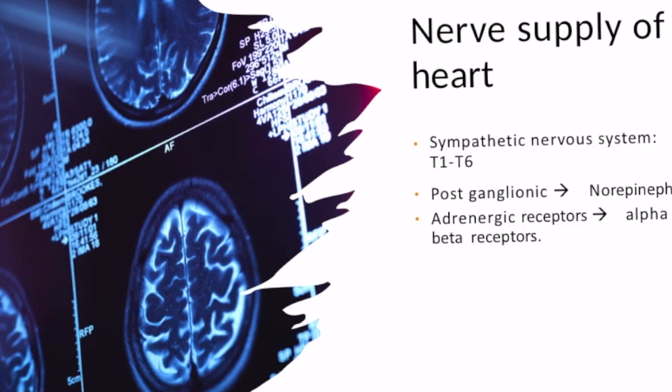There are adrenergic receptors on the heart, blood vessels, and myocardial muscles. These are alpha and beta receptors. Now, this sympathetic stimulation results in an increase in heart rate and force of contraction of the heart. So, there is increased volume of blood which is pumped into the vasculature, and also the ejection pressure is increased.